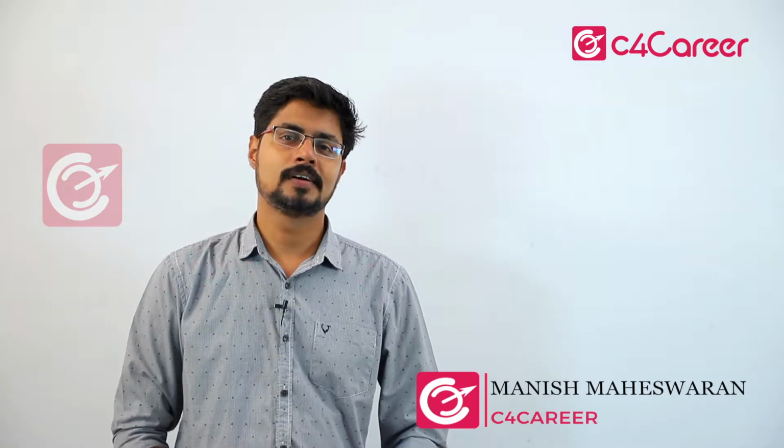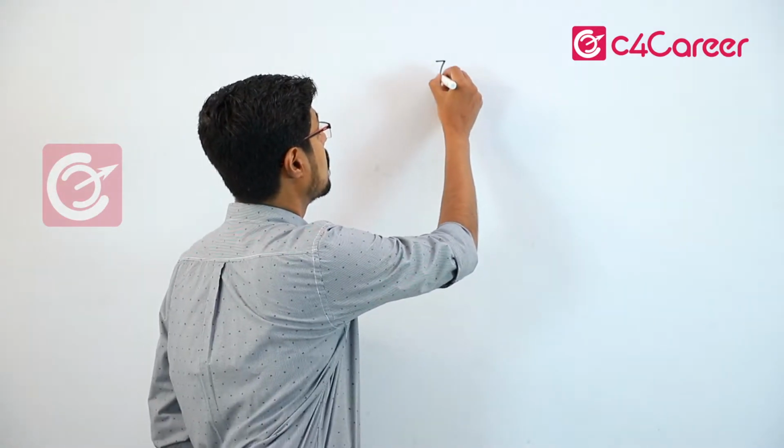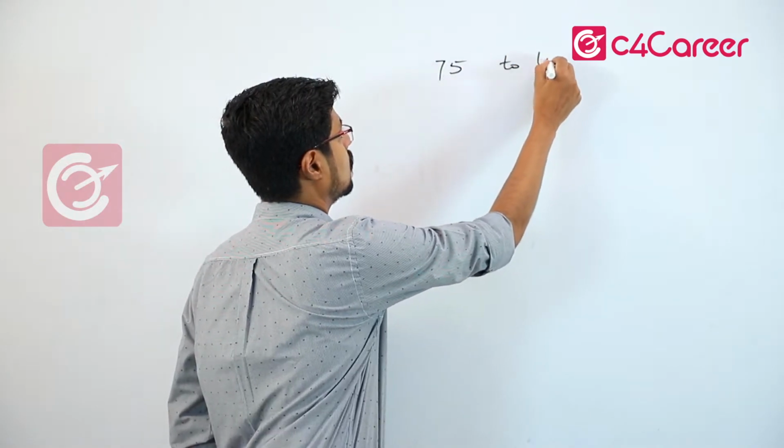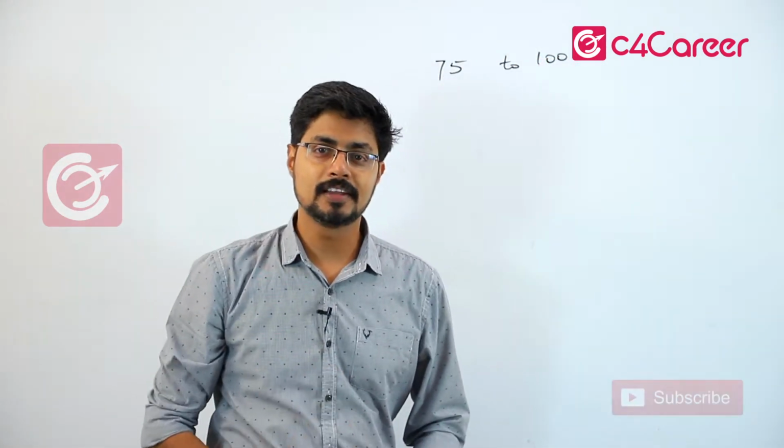So in the last part we have discussed the squares of numbers from 100 to 125. I hope you have practiced that well, because if you have done that, you would already be feeling very big confidence in your calculation level for squares. So today we are going to discuss the second segment, that is from 75 to 100.